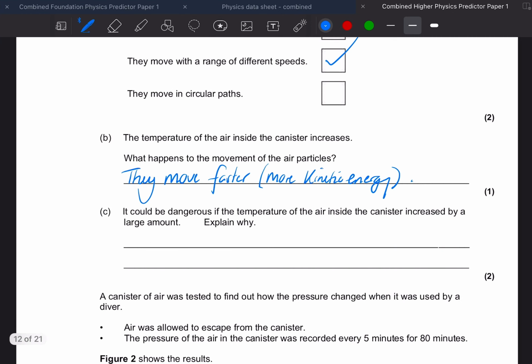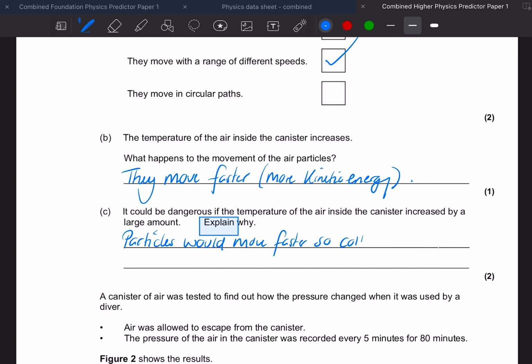It could be dangerous if the temperature of the air inside the canister increased by a large amount. Explain, so we need to give a reason why. Explain why. So we need to say something like, so if the temperature increases, so the particles would move faster,